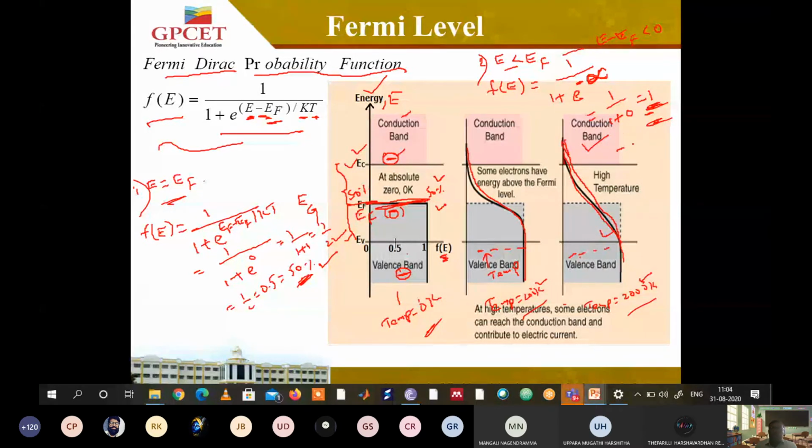So what is the percentage? It is 100%. If an electron has energy less than the Fermi energy level, with how much probability is that energy state occupied? It is occupied with 100% probability. Next,